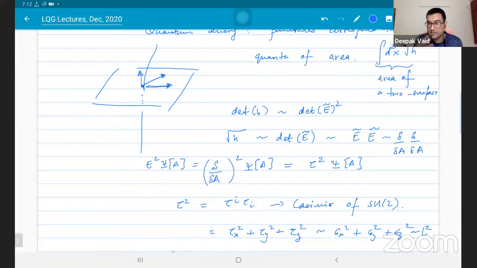I don't know whether this is a satisfactory explanation. I think many people would not find it satisfactory. For me personally, I take it to be sufficient justification to say that yes, if these loops lie parallel to the surface, the Poisson bracket will be zero, because in the quantum theory, such loops will not create any excitations on the surface.